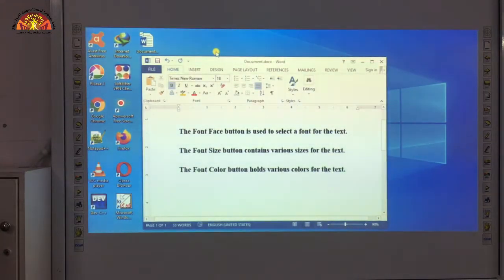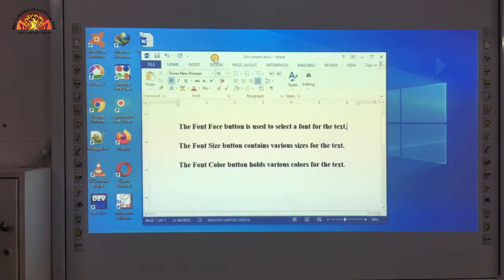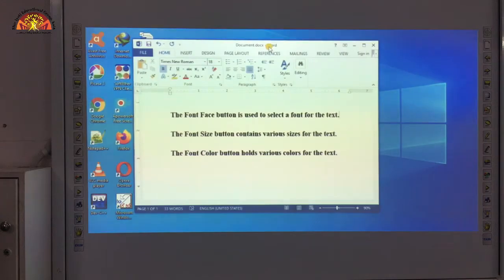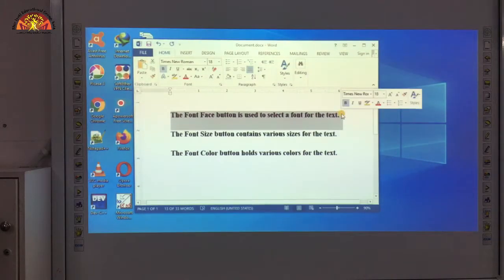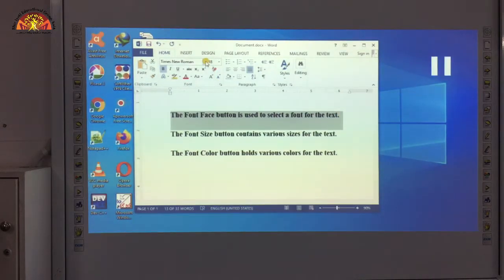Here you can see, students, I have already typed some text in this document. Okay, now we will see the formatting of the text. For the formatting, first we will select the first line of the text using the mouse, and then we will click on the font face drop down box.